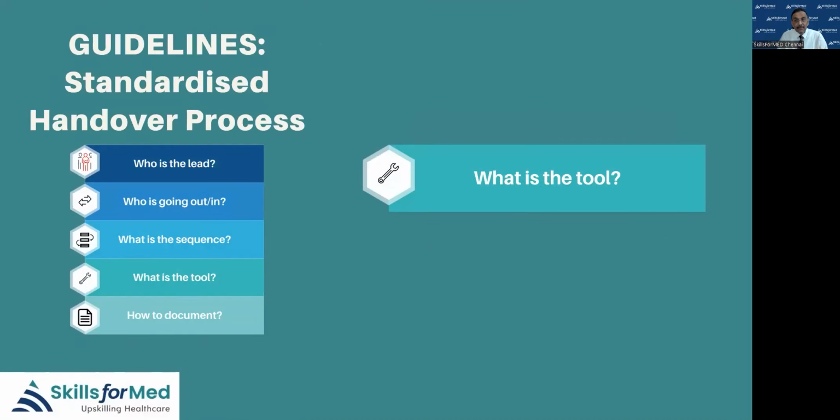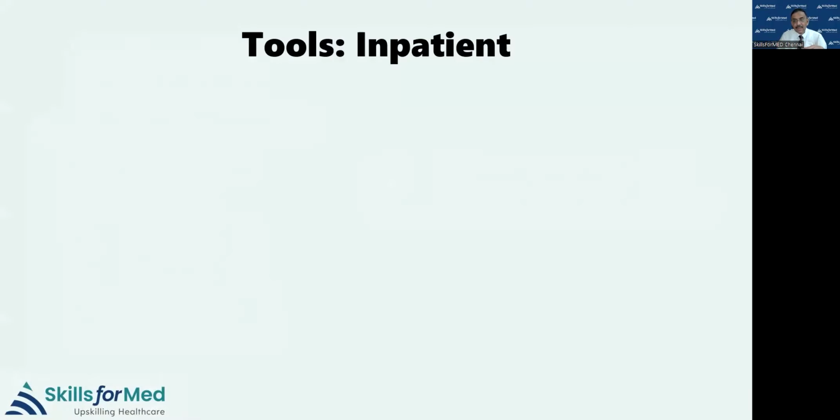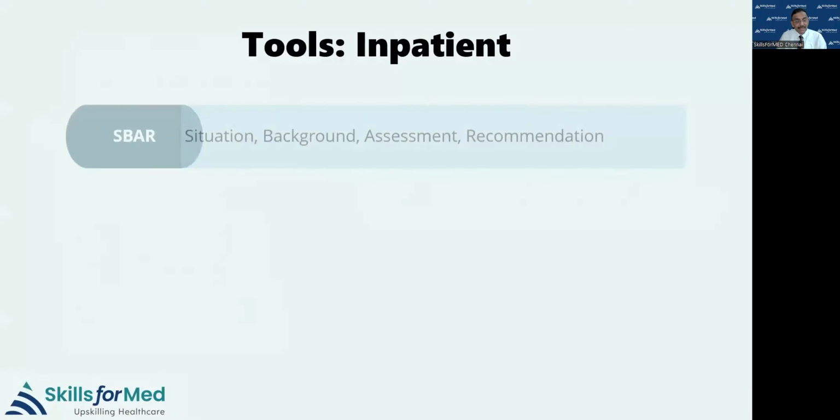Now, I'll talk about triaging and risk assessment a little bit later, but let's go with this flow. So the sequence I already told you: the start, the venue, who's coming in, who's going out, what are the things you present in the handover according to the chain, and what is the sequence. And now we are talking about the tools available. I'm not going to go into detail; you can always refer to them.